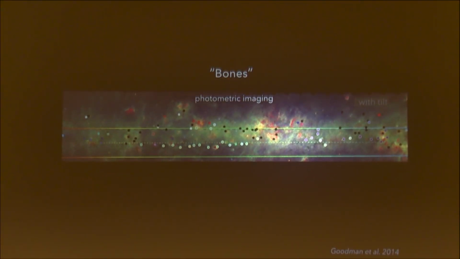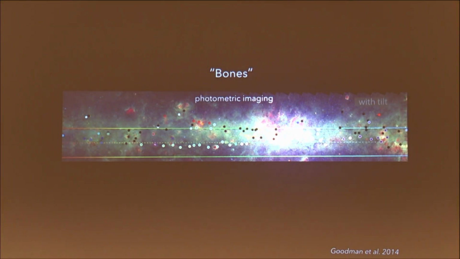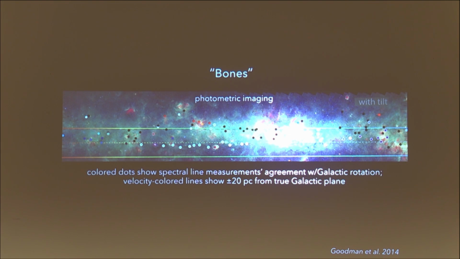Okay, so now to get to the first of the sort of oddities, these bones. And so if you just look at imaging, so this is a Spitzer image in the background. It's a little hard to see it on that image. So I'm going to take off the dots in just a second. But just so you know, these two lines, but what you can't see behind the dots and what you'll be able to see when I click to the next slide is a very long dark line, okay, on this, which is a so-called infrared dark cloud. Okay, so this is a cloud that's dense enough that it absorbs the mid-infrared background just from the dust in the cloud.